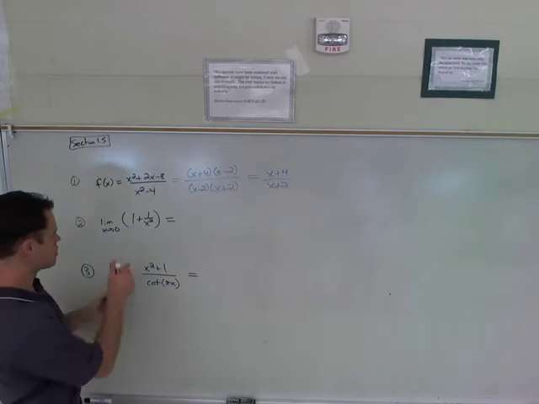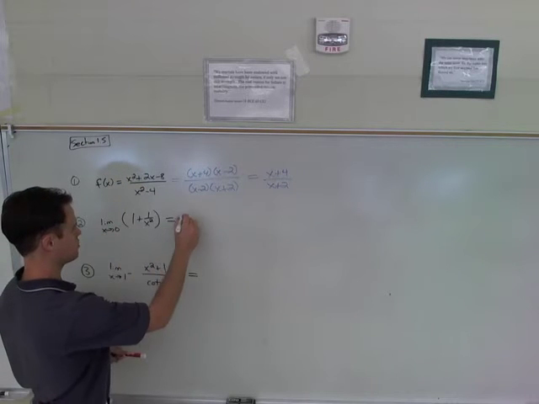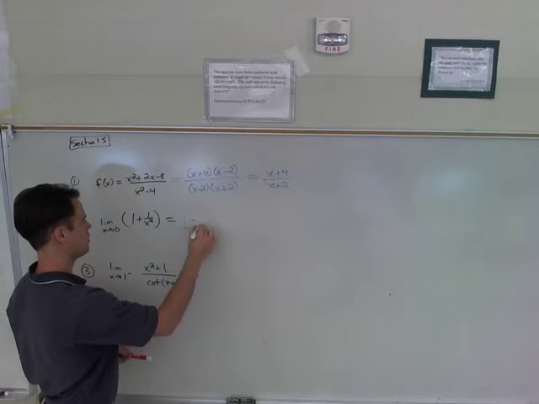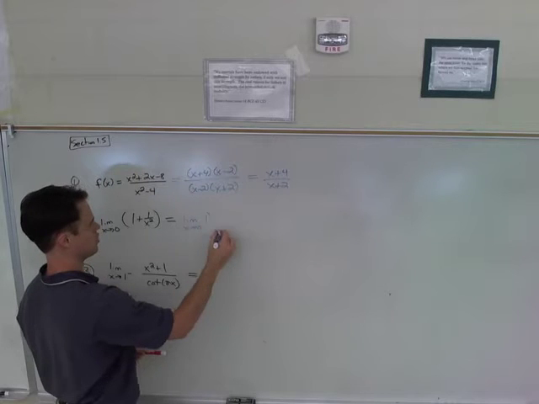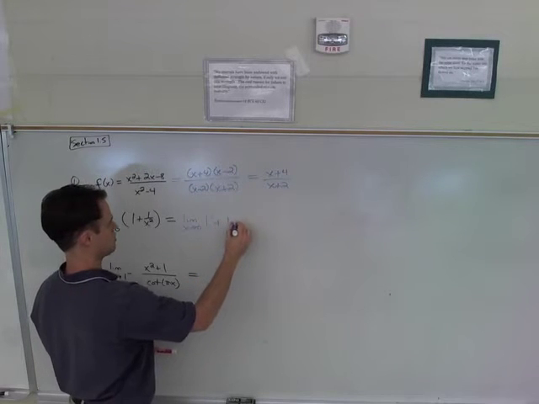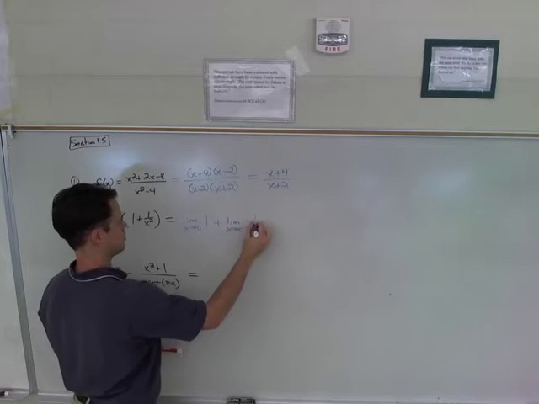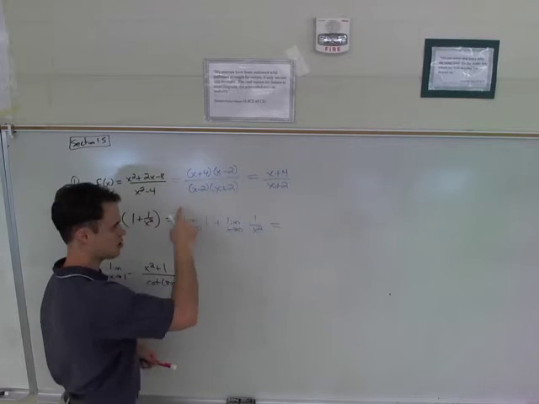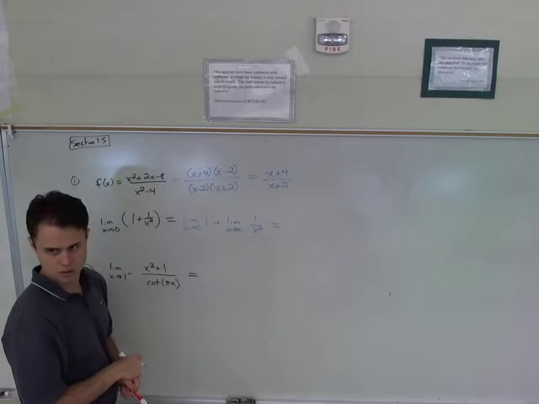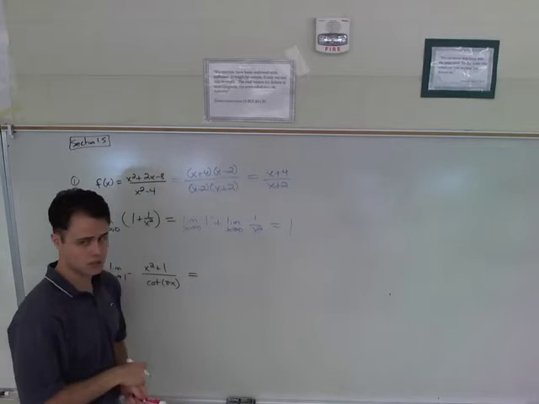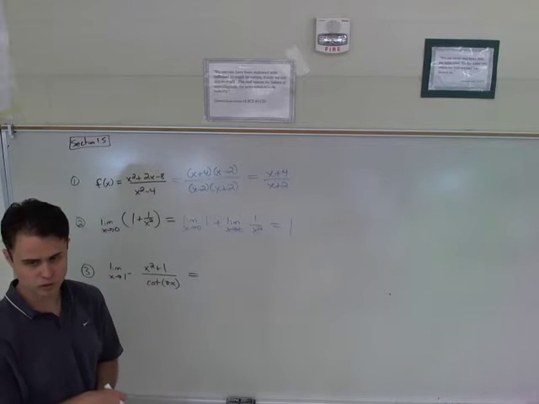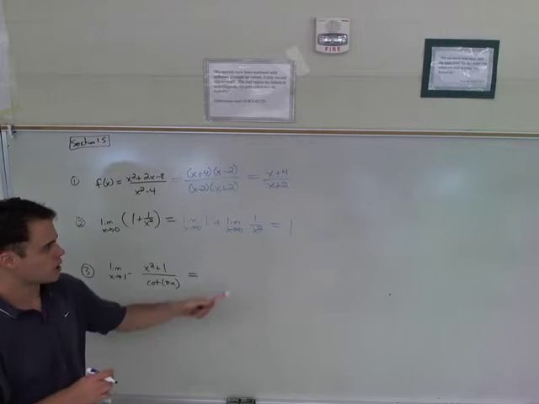If you take this limit, can't you write it like this? The limit of 1, that part's easy, plus the limit of that. What's this? 1. The limit of any constant is the constant, right? It's 1. And this,